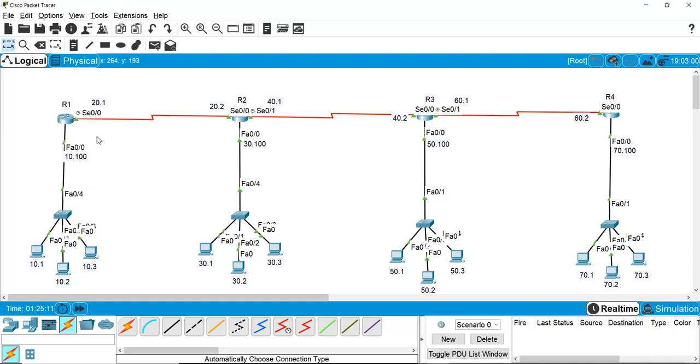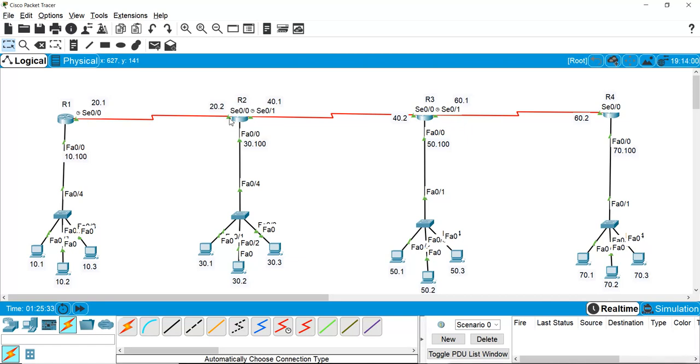So this will be your first hop. That means going from this router to the next router is your first hop. And the first hop address is the interface address which you use to get into that router. So for getting into router 2, you will get in from this interface serial 0/0.